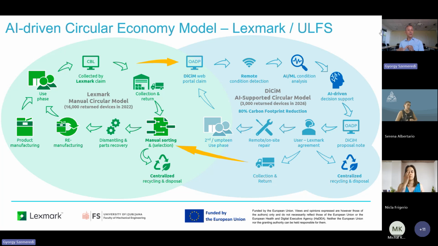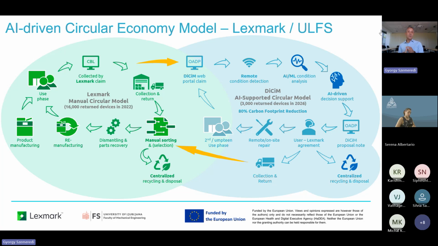One of them is the repair, which I think is one of the best solutions, expanding the lifetime of the printer. The second one is the return. So when Lexmark confirms how many printers out of the 200 can be returned to Lexmark, then they can decide if they want to send them back to Lexmark. We have a buyback program as well at Lexmark, so we can offer a price for that. There are some printers for which we cannot really offer a price, so we can bring them back for free, or